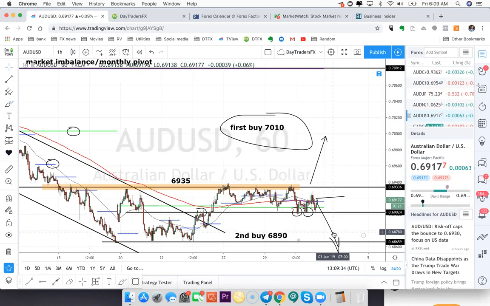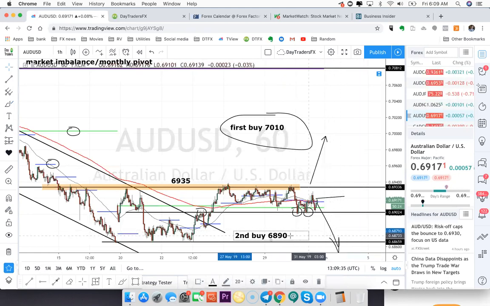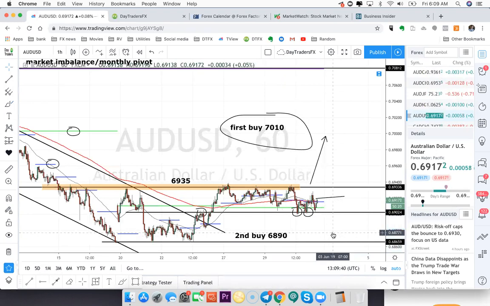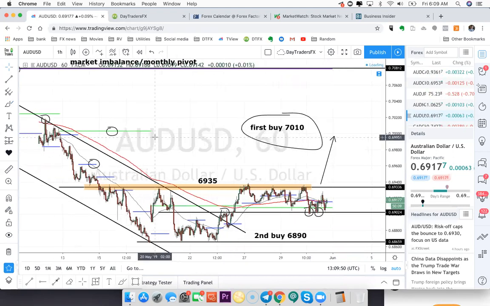If it doesn't, we'll talk about where we can add in some profit as opposed to add in drawdown. So that's what we'll be looking at. But once again, if you're not in this thing, jump in it. Jump in it. I really like the Aussie dollar, and I think it's going to just continue to give us